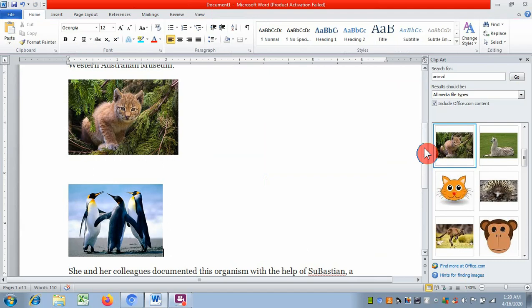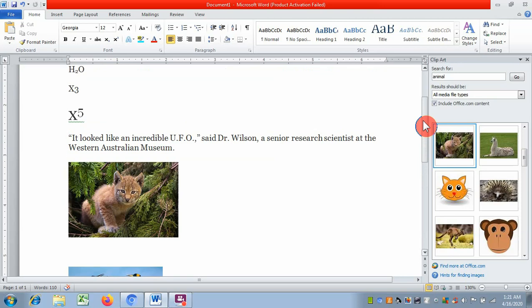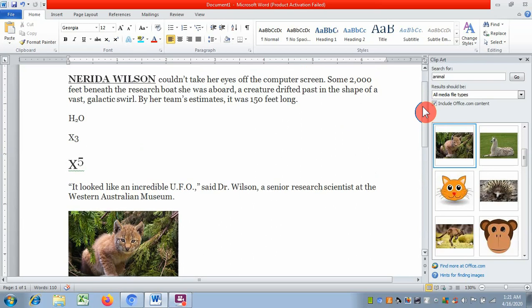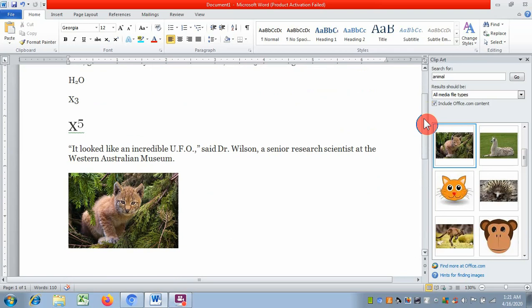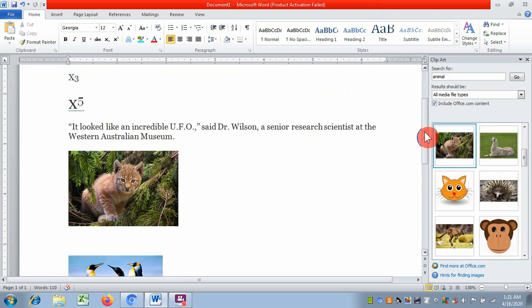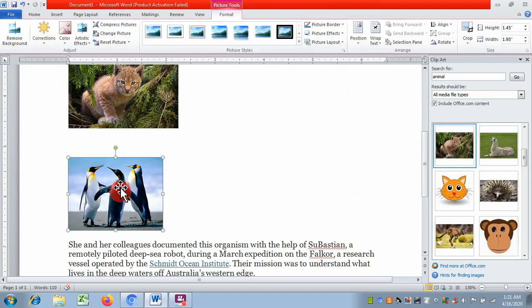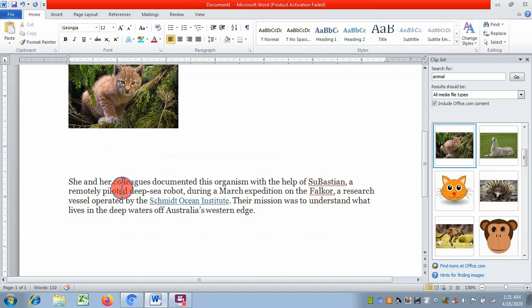Now let's move on to text wrapping. Sometimes we want the text around a picture in a particular way, so it can be done using text wrapping, meaning text wrapping around a particular picture. So now let us have one picture only. One picture let us remove. So select it and delete, and the picture has been deleted now.